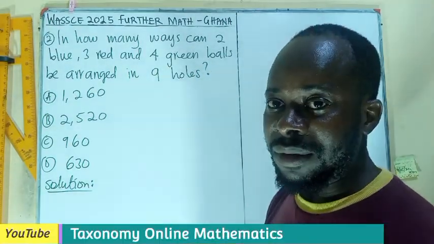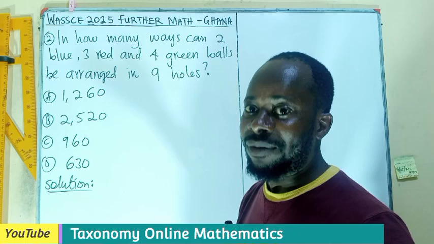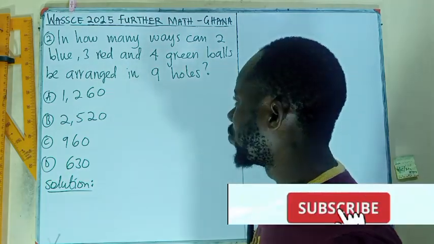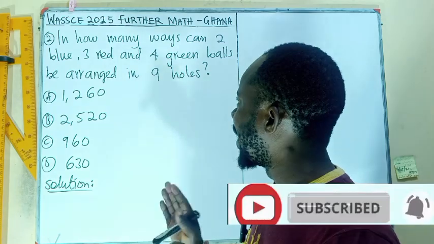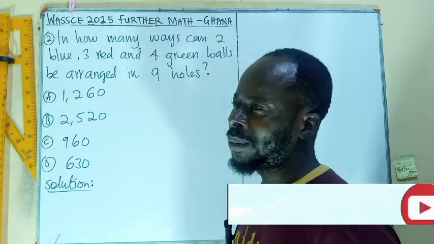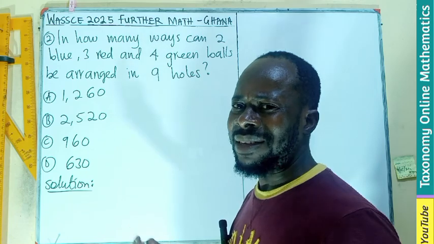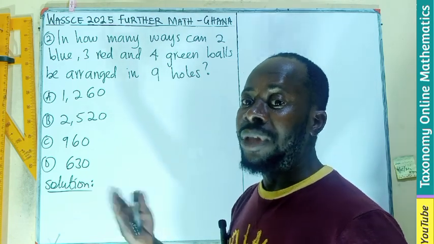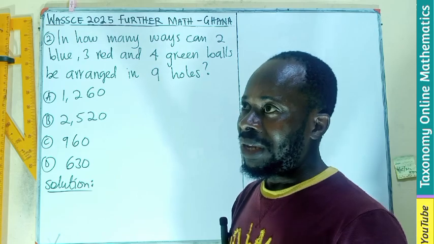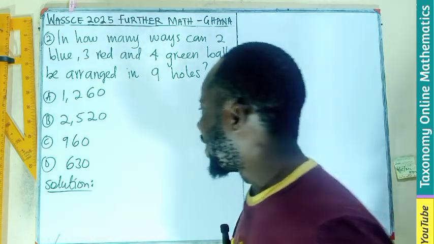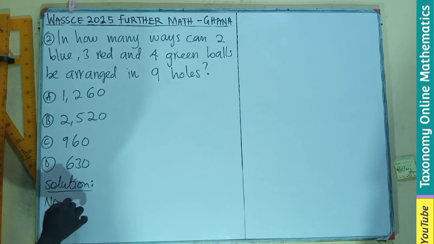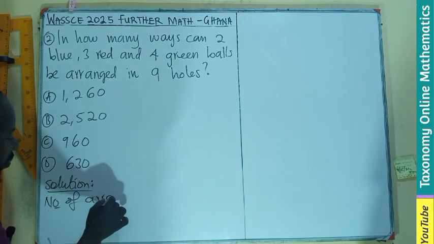Question 2, objective test, WASSCE 2025 Further Mathematics, Ghanaian students. In how many ways can 2 blue, 3 red, and 4 green balls be arranged in 9 holes? So this is more or less like permutation of multi-set. So if you are doing permutation of multi-set, it is nothing but to say number of arrangement